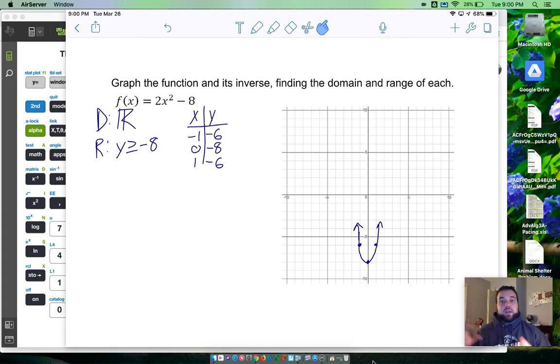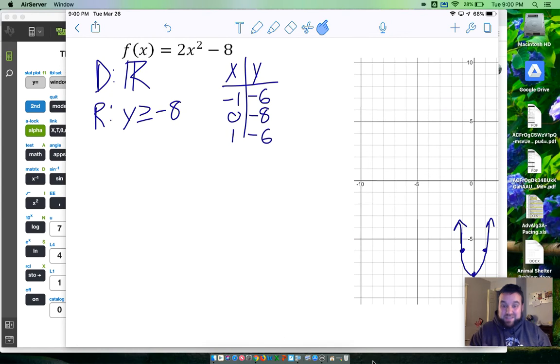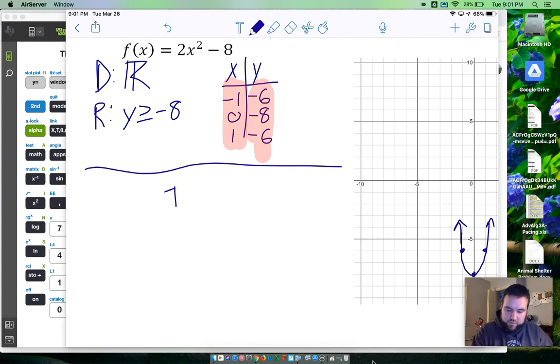So that's great. That's all that. Now I want the inverse. And if you remember from the inverse, to graph it should be pretty simple. All I have to do to graph the inverse is switch x and y around. Okay. So for the inverse,